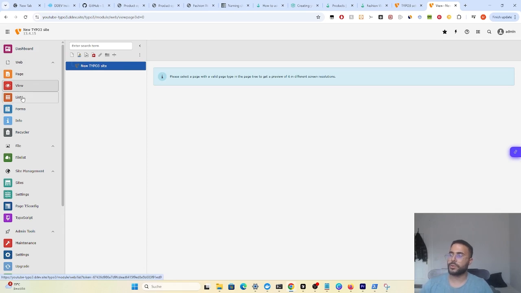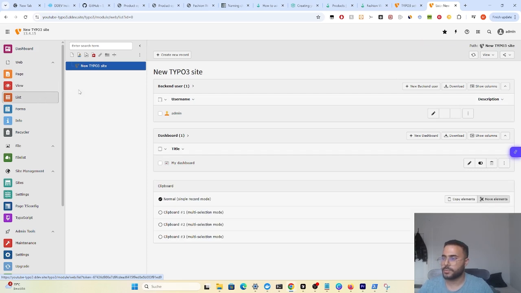So the view module is where we will be having a small browser integrated in this frame, which will let us take a quick look at our site through the backend. The list is where we will see the elements that are on the page. So in the TYPO3